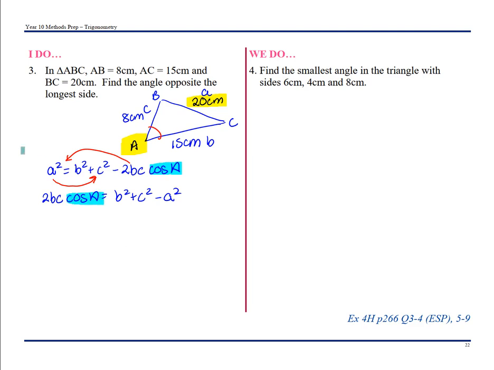I need that cos of A on its own. It's being multiplied by the 2bc, so I'm going to divide both sides by that 2bc. Rearranging the formula will become quicker again the more you do it, so make sure you keep rearranging that formula and practicing it. Okay, let's substitute our information in. b is 15 squared plus c is 8 squared minus a is 20 squared, all over 2 times 15 times 8. Go to your calculator